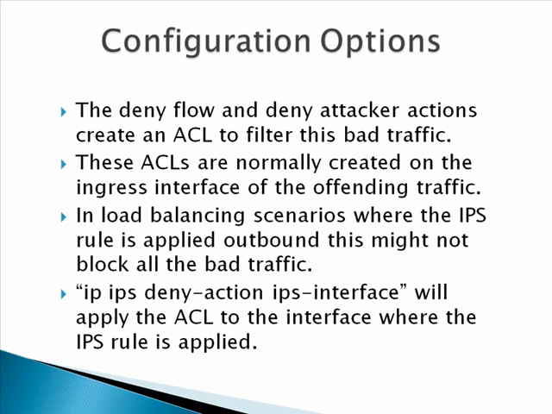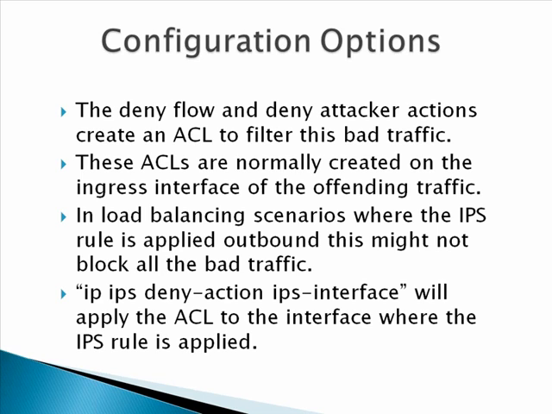If you use the deny flow inline or deny attacker inline, an ACL gets created to drop that traffic. And like it says here, those ACLs are normally created on the ingress interface of the offending traffic, meaning that if the traffic came in on FastEthernet 0/0, the ACL would be applied to block at FastEthernet 0/0. For the most part, that's exactly what you want to have happen, but like it says here, if you're load balancing